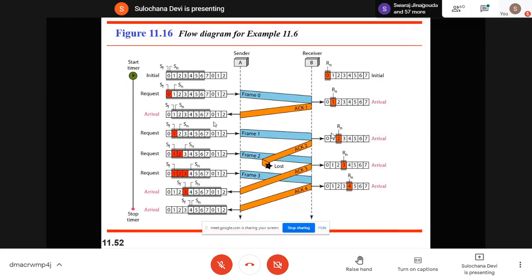So what if your frame is lost? What if your acknowledgement is lost? What if your acknowledgement is delayed? Just look at this and try to understand this scenario. And if you have any doubt in this, you ask. Because this is how you have to explain the diagram with this type of diagram in the exam, or if a scenario is given like this. So you read this scenario first and then I'll show you the diagram. Just read this, take 2 minutes to read this.